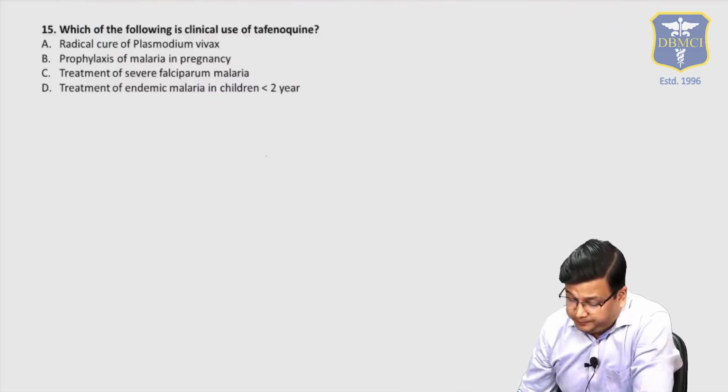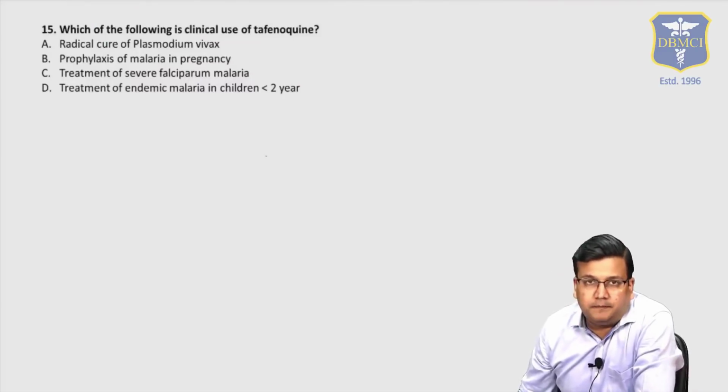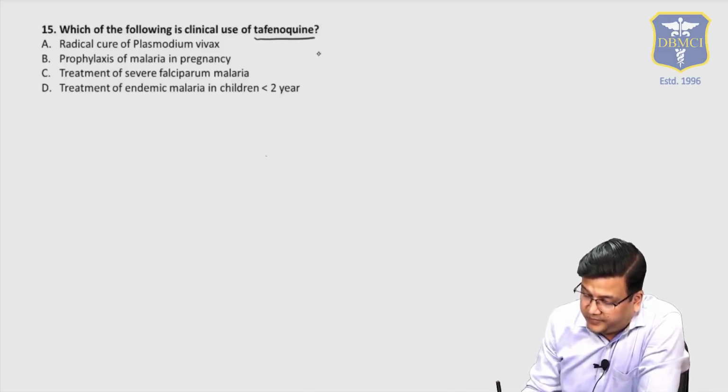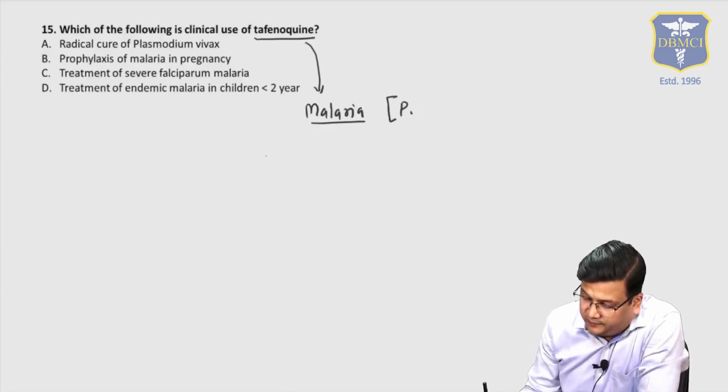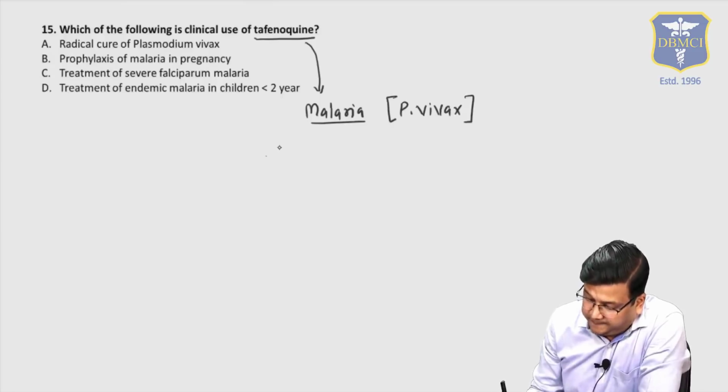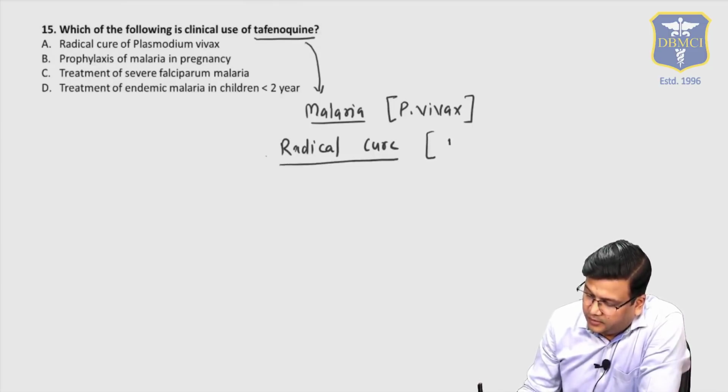Moving on to next question, question number 15. Which of the following is a clinical use of tafenoquine? Now, this question is based on recent drugs, and tafenoquine is the latest drug for treatment of malaria. So, what is this drug? In the treatment of Plasmodium vivax, we have to give radical cure. Radical cure means prevention of relapse,